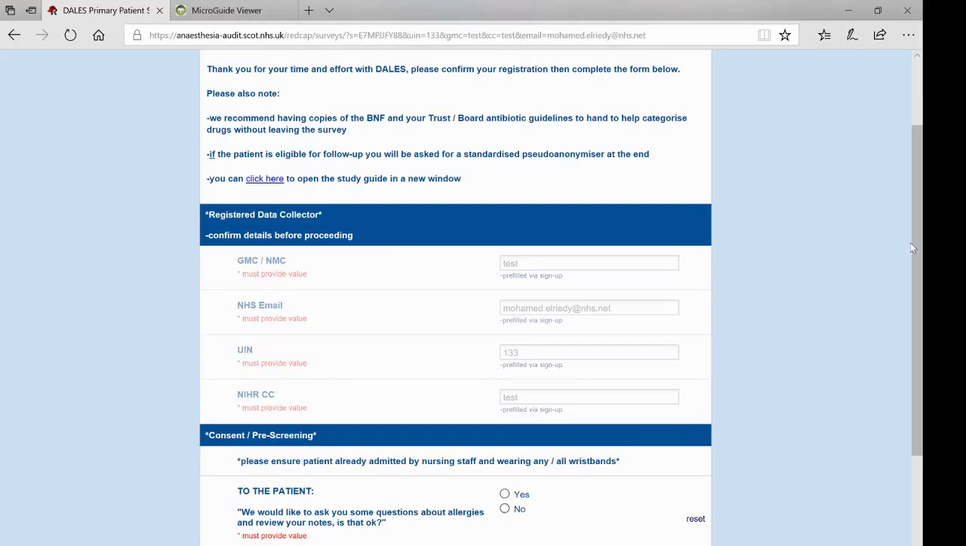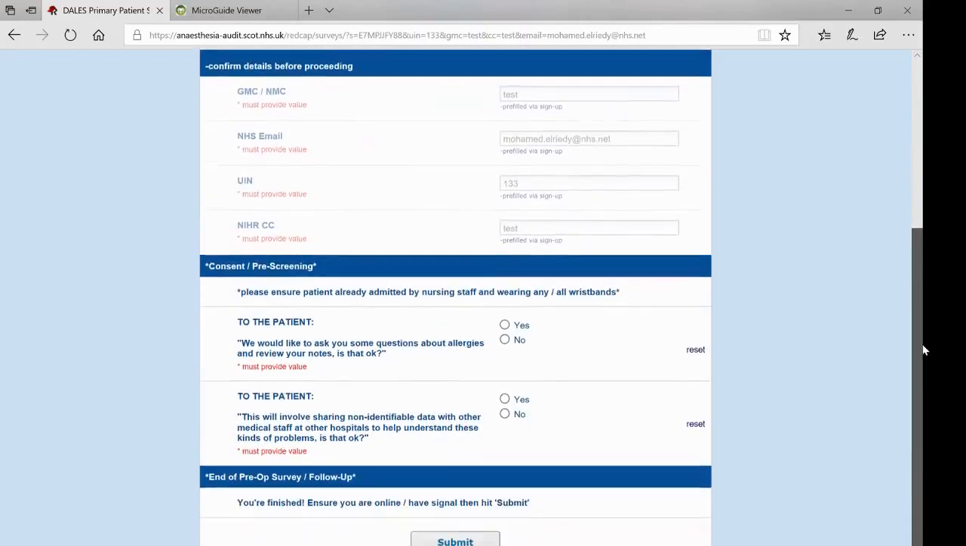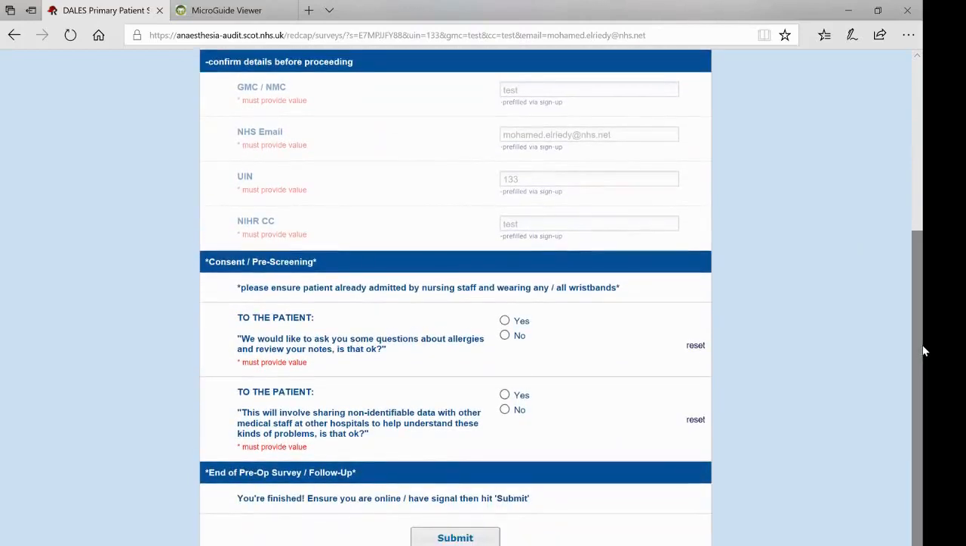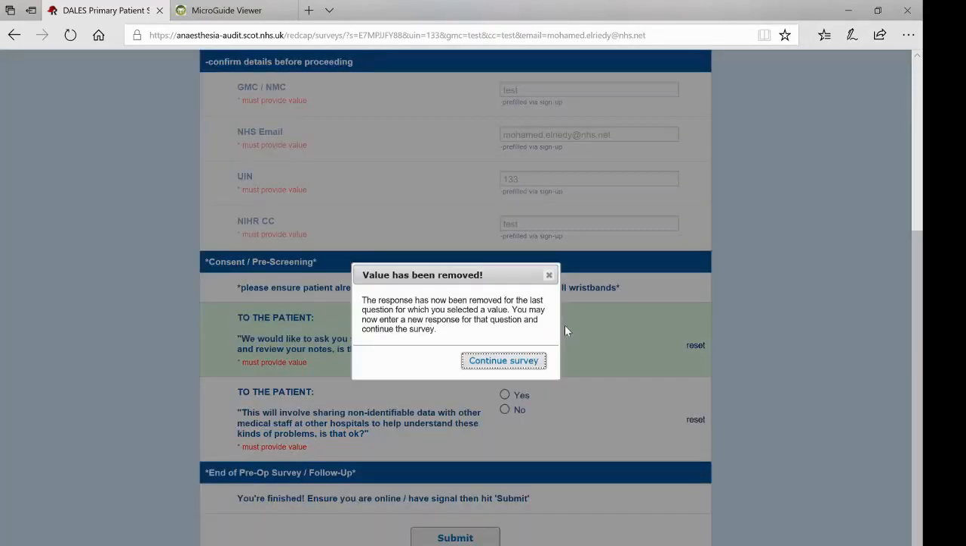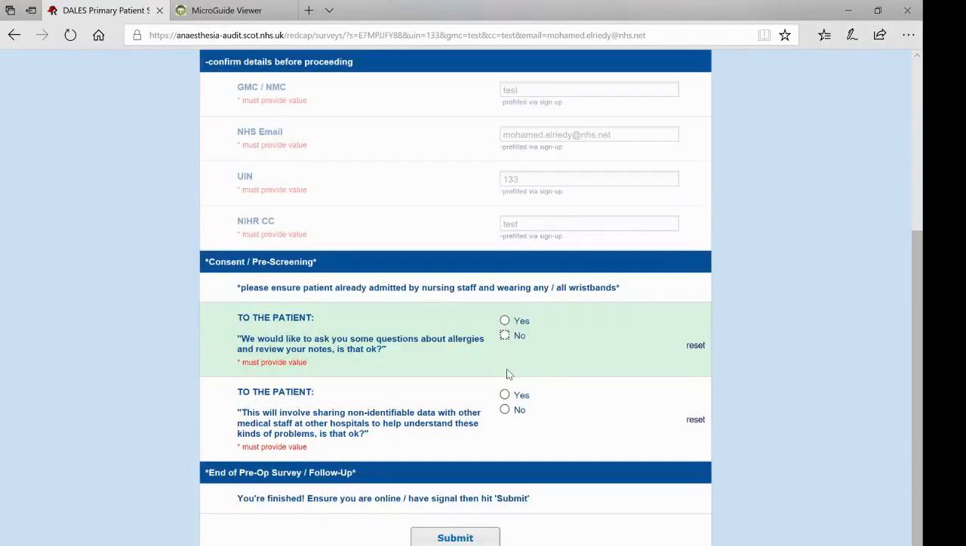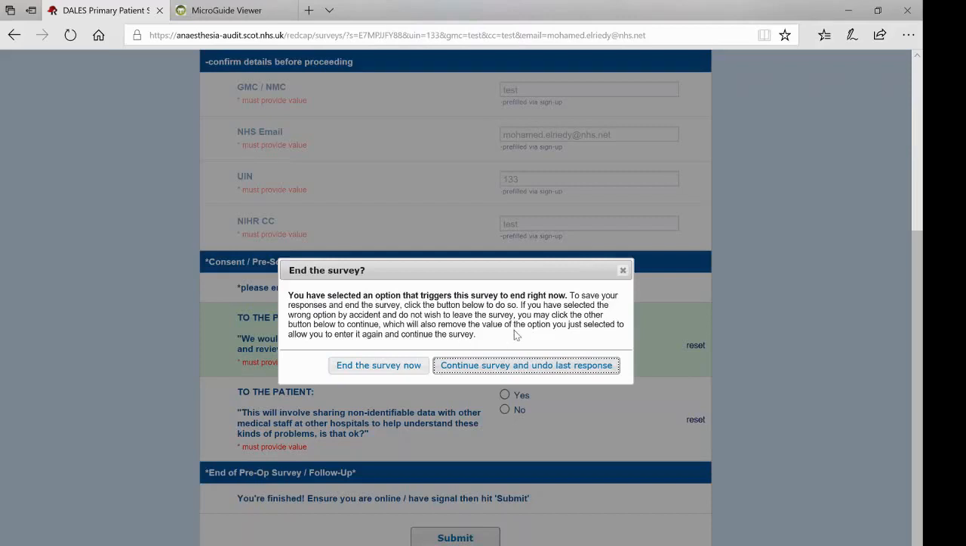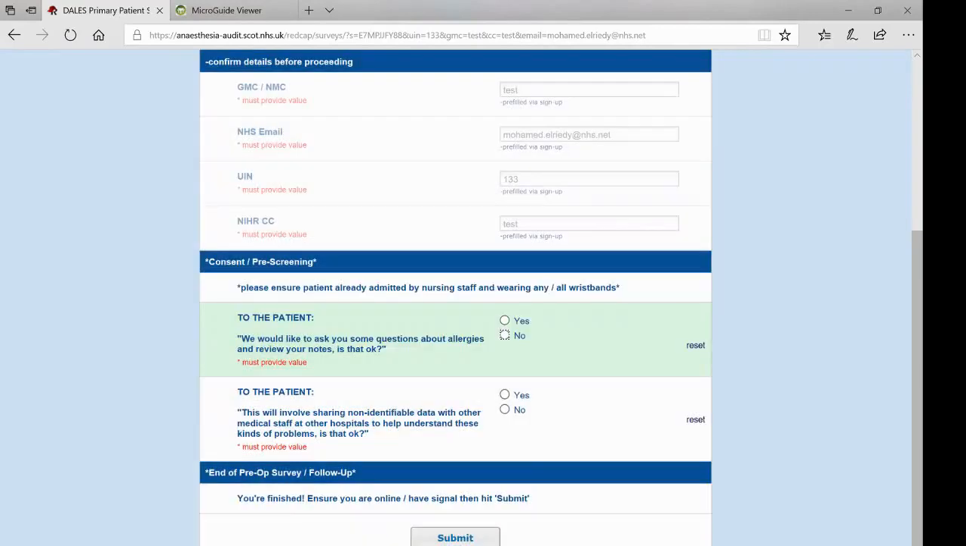After that, the first part is the consent part, and also the pre-screening part. In this part, the patient has to press either yes or no. You're not allowed to press it yourself. So it's either yes or no. And if I press no, it will give you some messages that you're not allowed to continue the survey if the patient says no. So if the patient presses yes on both,